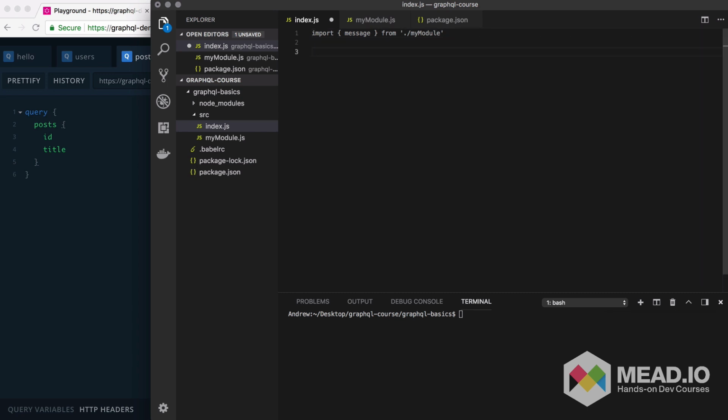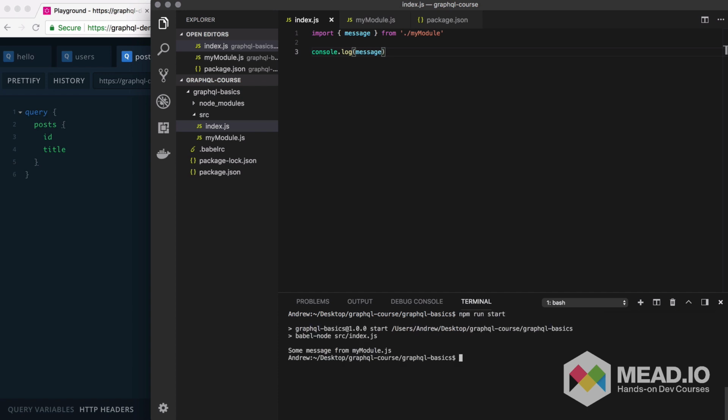Now we have this thing imported, but to make sure we're actually getting the correct value, let's go ahead and use it. Console.log, printing the message variable to the console. You'll notice that when I added this line, message got syntax highlighting since the content we're importing is actually being used. Let's go ahead and run this file down below. npm run start is going to run our script, passing it through Babel, and what do I get? I get the correct message, some message from my module.js. So there we go. We've seen our first import and export statement successfully working,